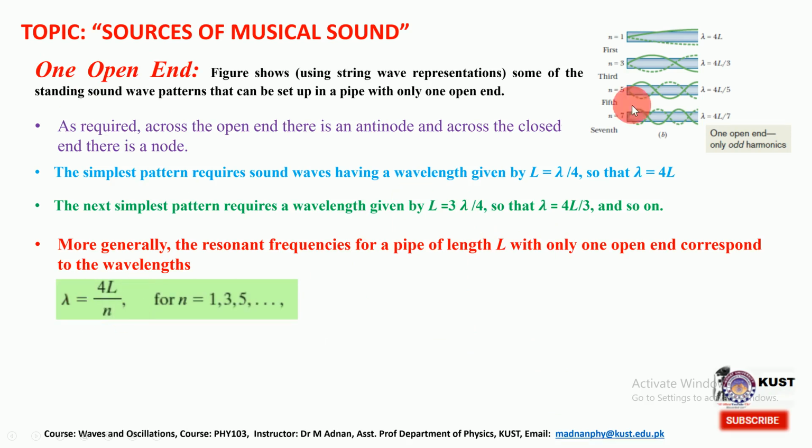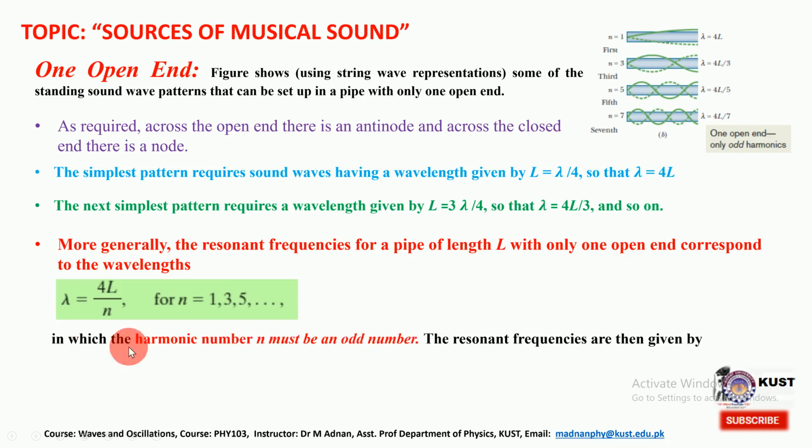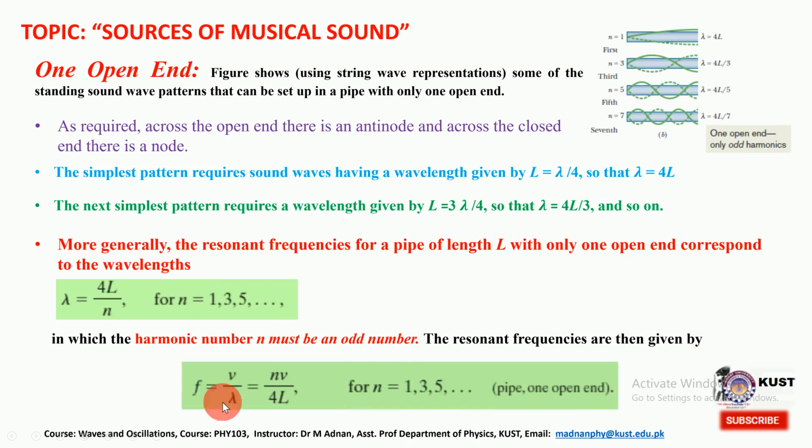So in that way one can find out the wavelength for various harmonics. And if you see for one open end organ pipe, we have only the odd harmonics which are possible, the evens are not possible, in which harmonic number n must be an odd number. The resonant frequency for all these wave modes are given by this expression,